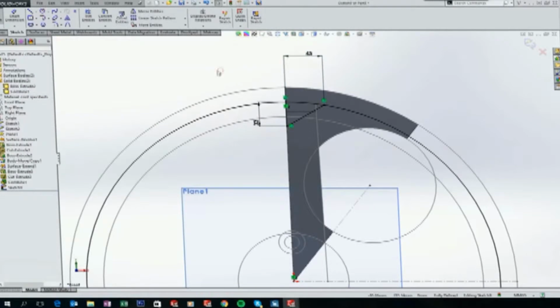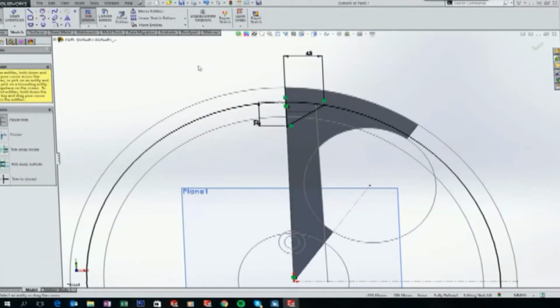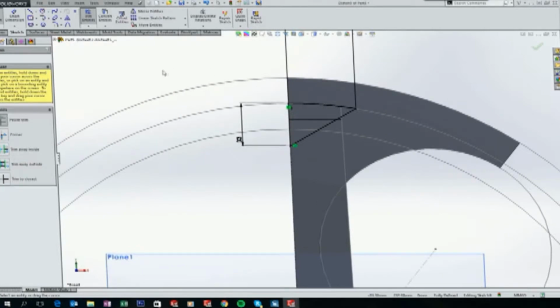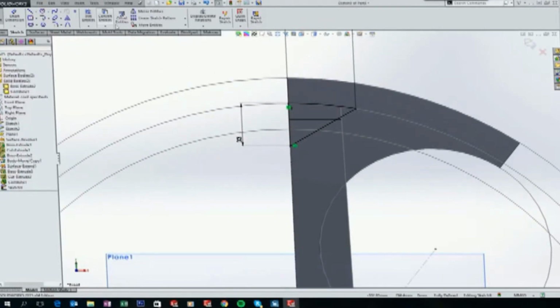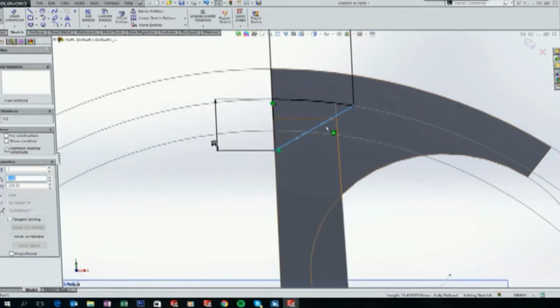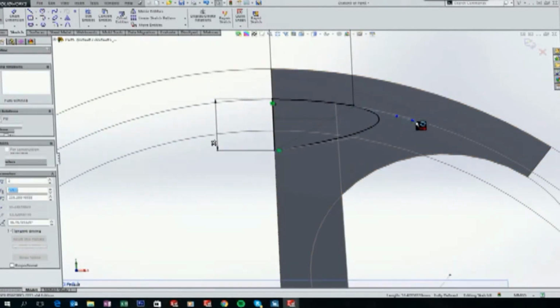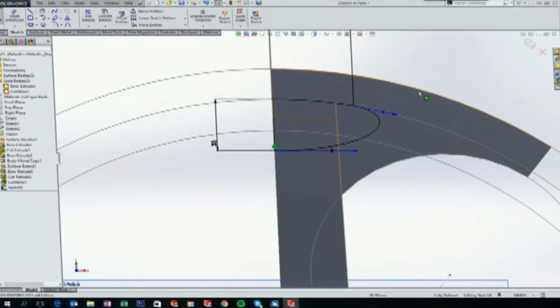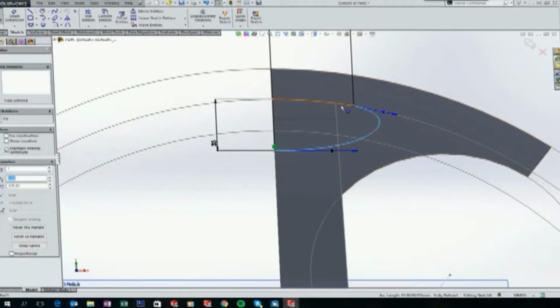Now choose your Trim Entities tool and with the Power Trim, trim away this part. And click Escape to exit the Trim Entities. Now click on the spline itself and drag this arrow out here and drag a little one in this arrow. Now click this arrow and give this one a horizontal relation and Control click the spline and this entity and